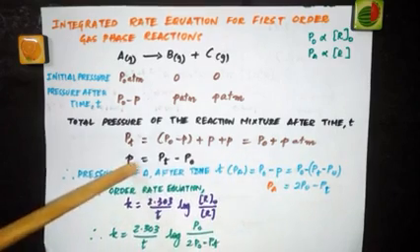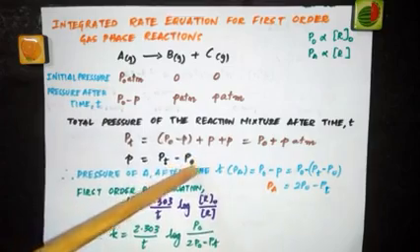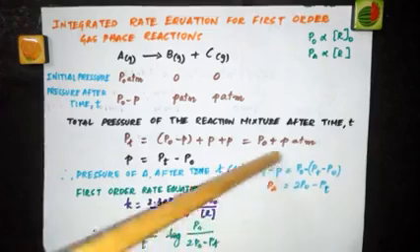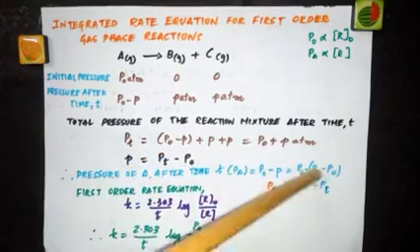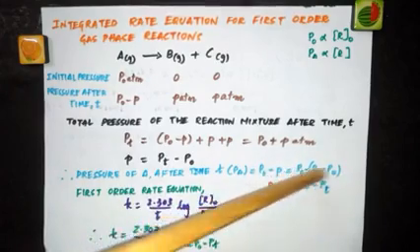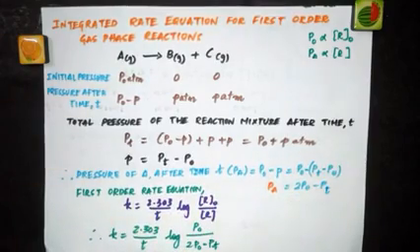So just now we have found the small p is equal to PT minus P naught. Substitute this value here. So you will get P naught minus, instead of this P, we are going to write PT minus P naught. So PA is equal to, when you solve this, you get 2 P naught minus PT.